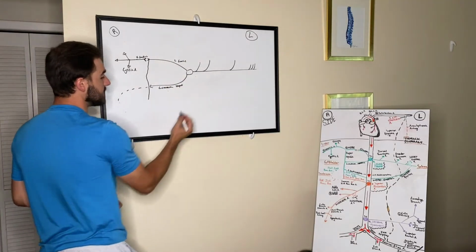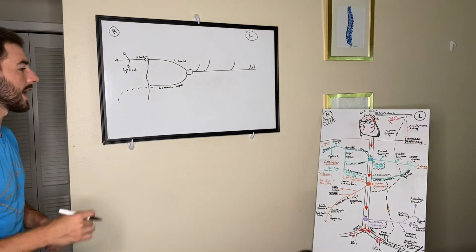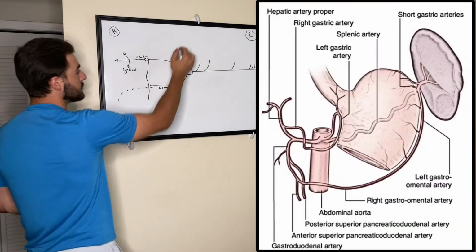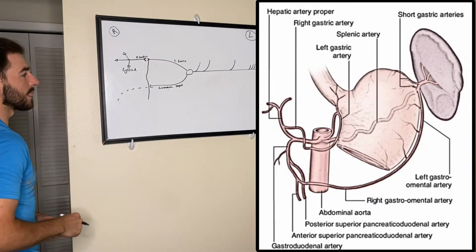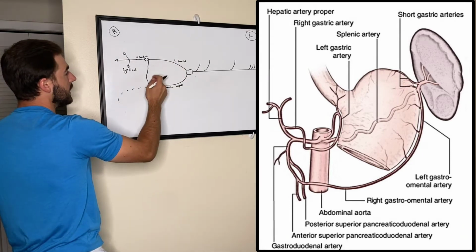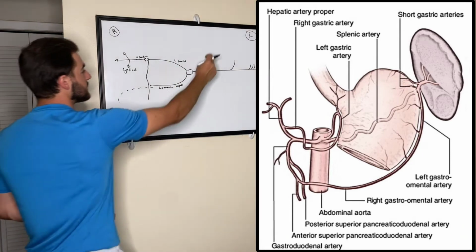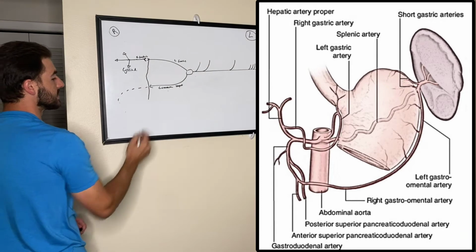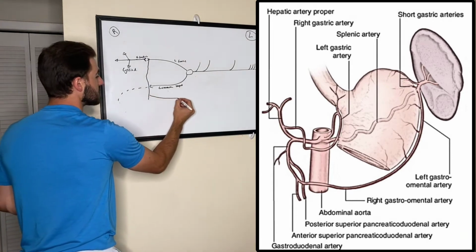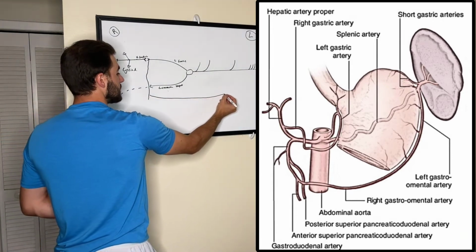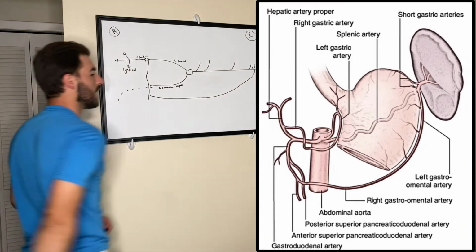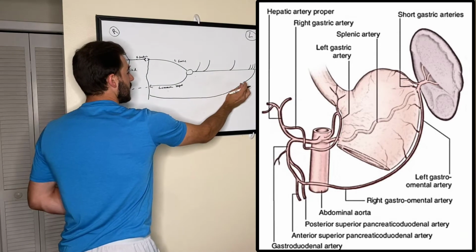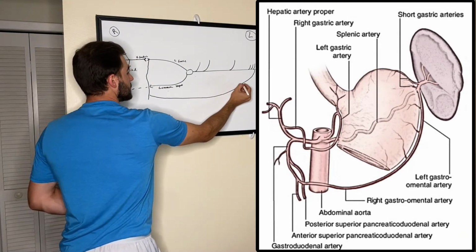And remember, I didn't include the right gastroepiploic coming over yet, because you see the stomach here is supplied by the left and right gastric, and the lesser curvature is right here, so it would make sense that the greater curvature is going to be supplied by what? That right gastroepiploic coming across, underneath, or behind the abdominal aorta, and coming back up to anastomose with this one, which is going to be the left